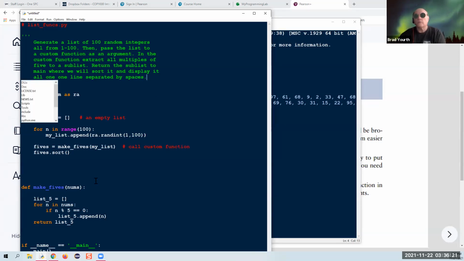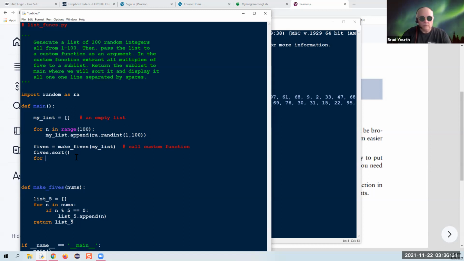Okay, so we'll print the sublist all in one line. So now what we want is a loop. We're going to go through the 5s list one by one. The best way to do that is definitely with a for loop. So now we could say for x, so I don't have to use n all the time. I'll let x be each variable in the 5s list. So we could say for x in 5s,